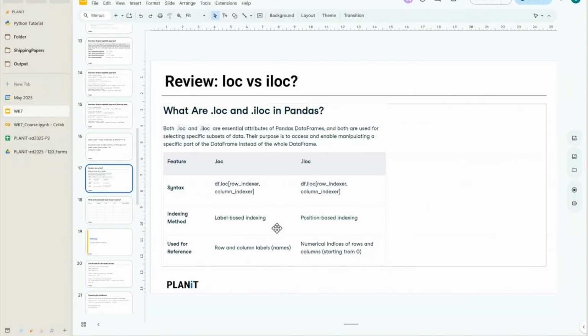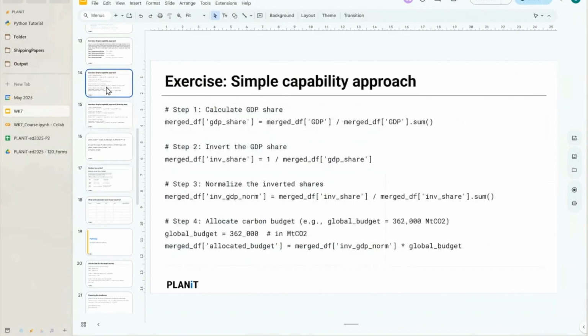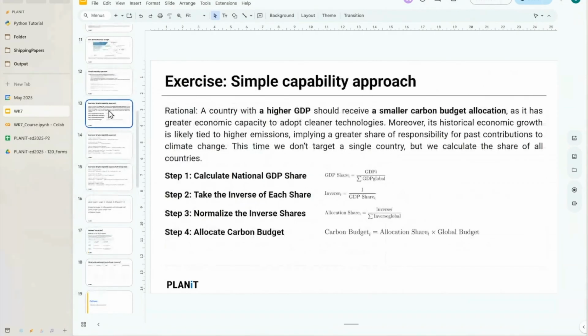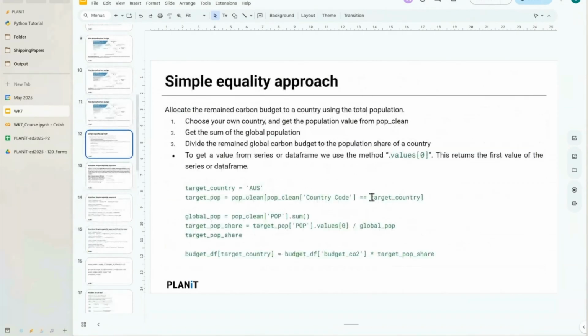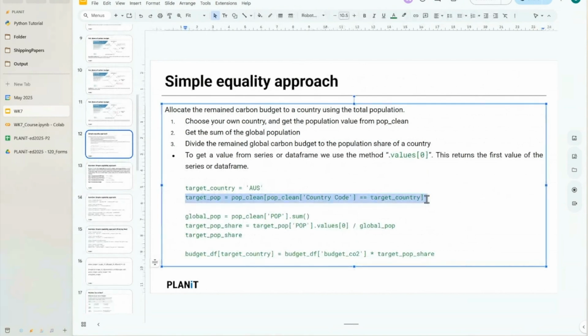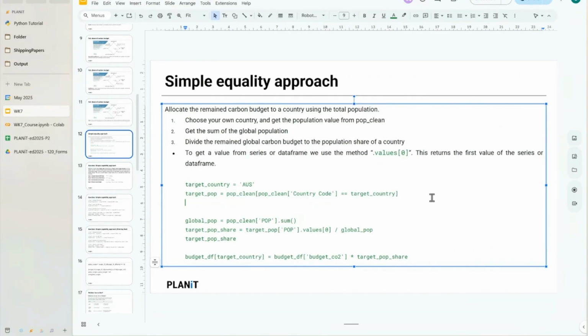That's the difference. And yeah, you can't just choose one. You always need to use both. It depends on what you want to do. In this case, if we want to access the countries, like this case, target country, we need to set it equal to target country, etc. However, the other way, if target country name or 3-digit code was the index, you can simply